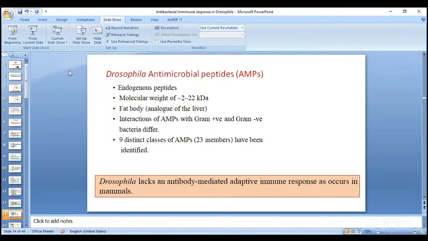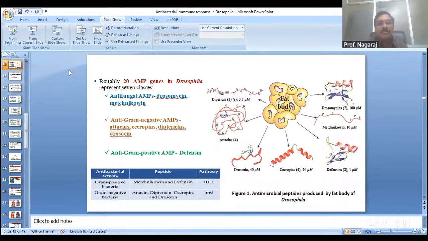Thank you. So roughly 20 AMP genes, which produce the antimicrobial peptides, have been discovered in the Drosophila fly. Some act against fungi, some against viruses, and also against bacteria. Anti-gram-negative AMPs include attacins and cecropins, and as you can see here, the fat body